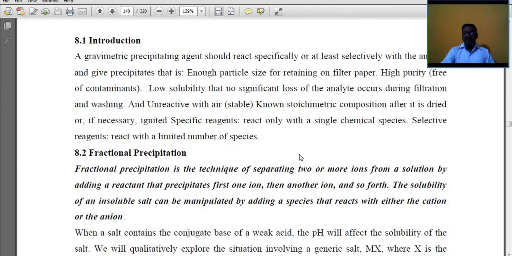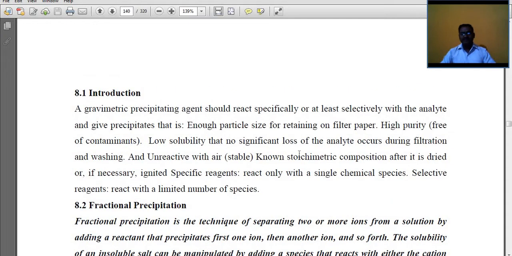As we already know from gravimetric precipitations in previous units, a gravimetric precipitating agent should react specifically, or at least selectively, with the analyte